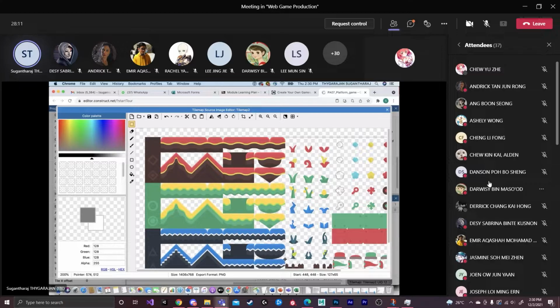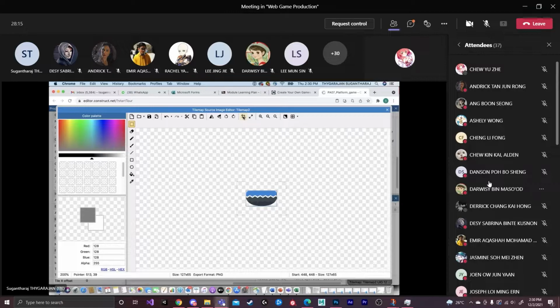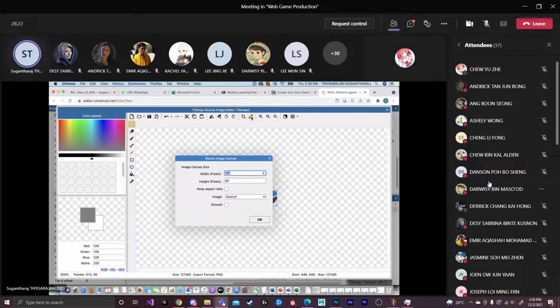You choose it, then you click on the crop icon. Then you need to set the size of your platform. I want to make it bigger,